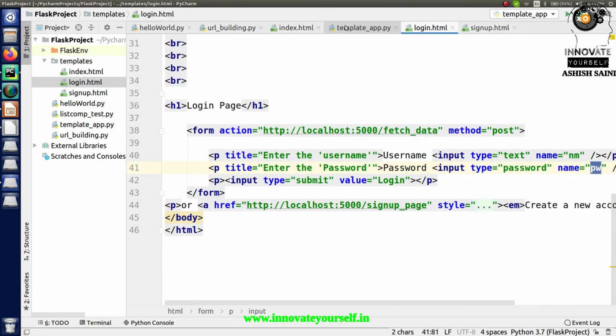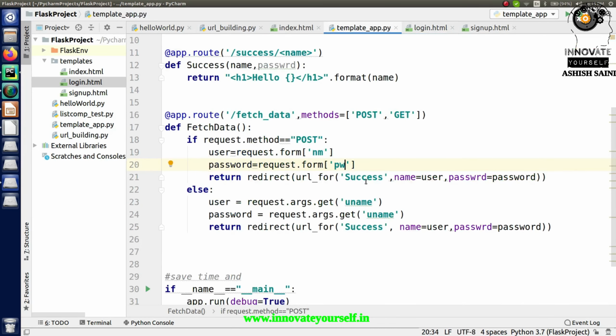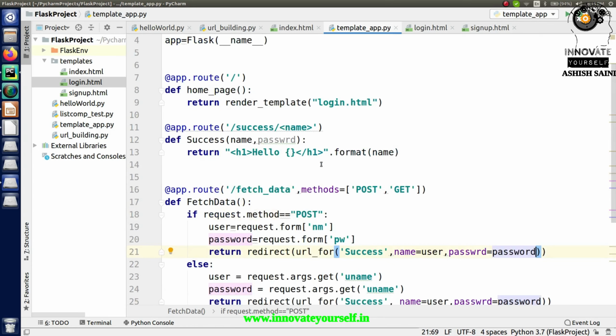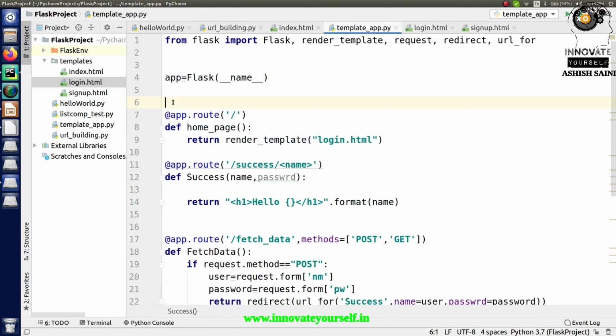Now the next task is to fetch this value, which I have already done, and after fetching those values I have to compare these values and I have to display whether the user is logged in or not. If the user is logged in, then we will return it to some different page, otherwise we will display something else, right? So for that I am using this part. So for that, let's do one thing. Let's create one database. Let's say it's the database for me, right?